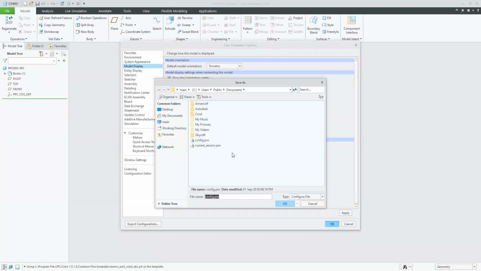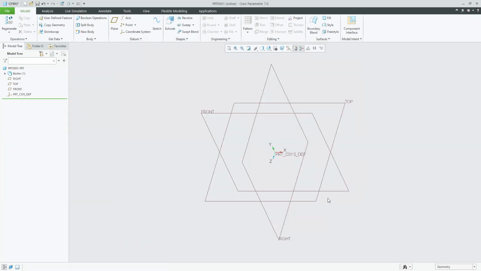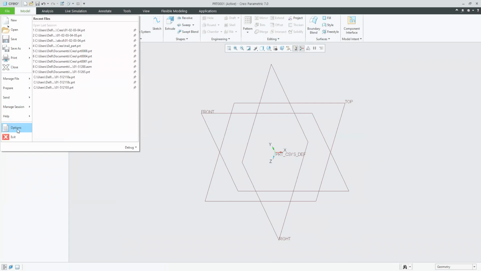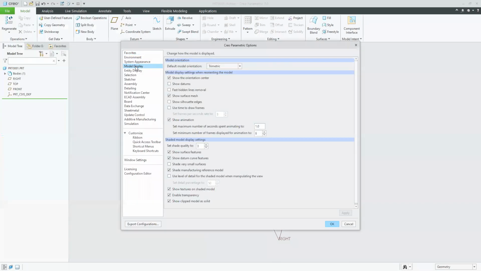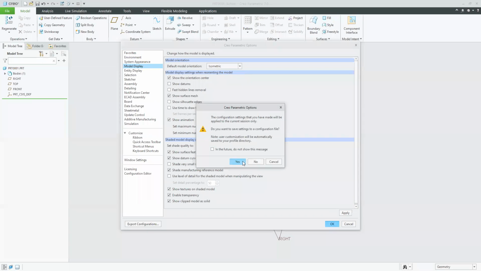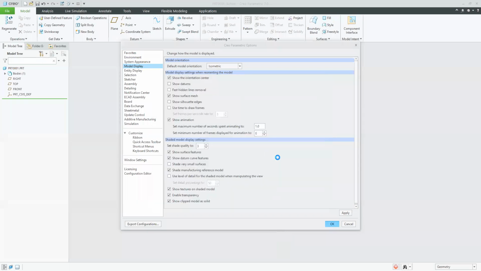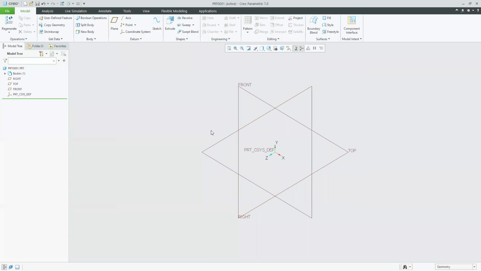Let me save this config. If it is like this, come in file, options, model display, and from here change default model orientation to isometric. This is one setting we have to do if you are working on the earlier version, so that isometric becomes simple for us for visualizing.